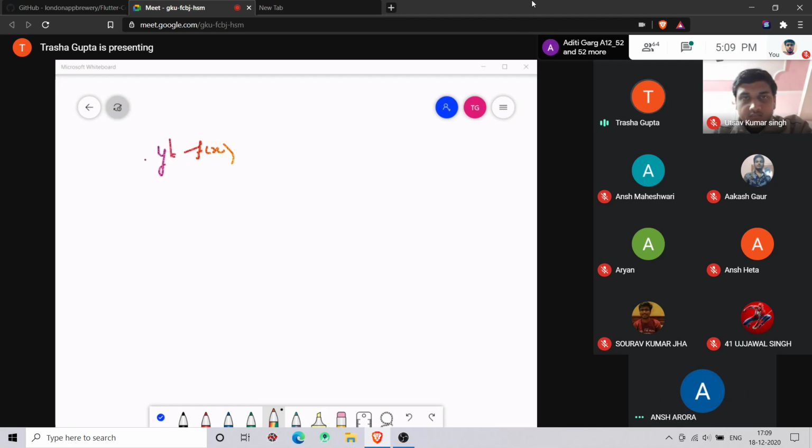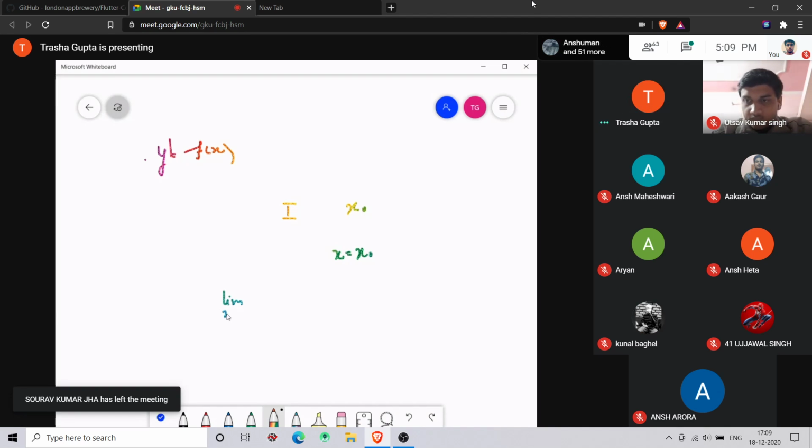So let y equal to f(x) be a real valued function defined on an interval I. It is a capital I, and let x naught be a point in I, then f(x) is said to be differentiable at x equal to x naught if